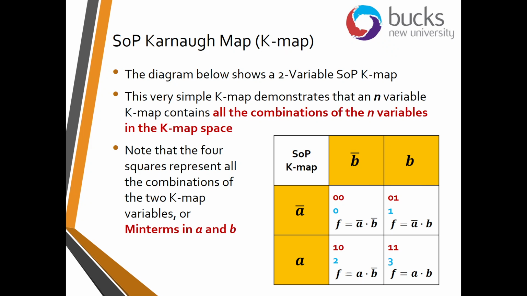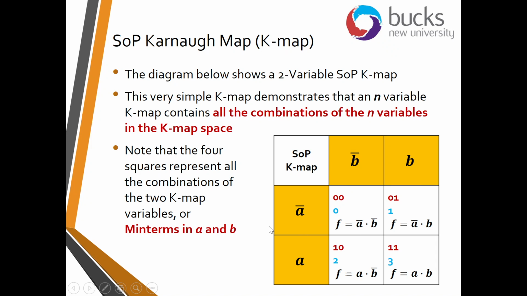You should note that the 4 squares represent all the combinations of the 2 K-map variables, or min terms, in A and B. We have one set of inputs on one side and another set of inputs running across the top. So it's a typical graph in that we have sort of X and Y, and in this case we're using inputs labeled A and